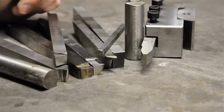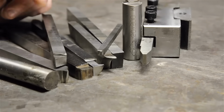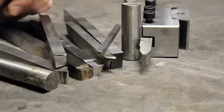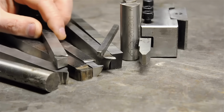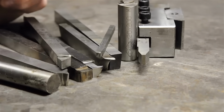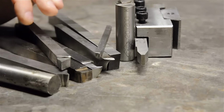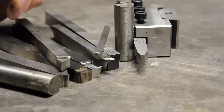For example, you could grind two identical tools by hand, and they'd probably perform differently. I mean, that's because you're doing it by hand, of course, but that's the context of this video. If you have a jig or a tool and cutter grinder, it's a different story. Again, it's not hard to do, so long as we're not splitting hairs. But keep in mind there's going to be a certain amount of trial and error on your part if you